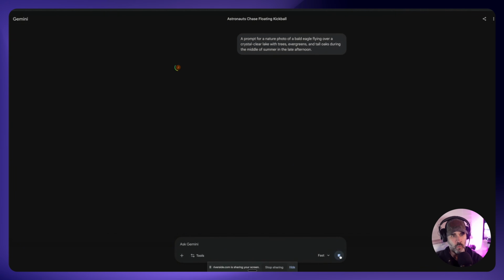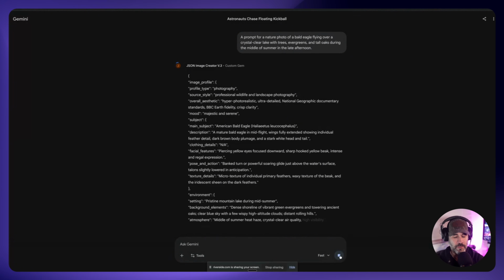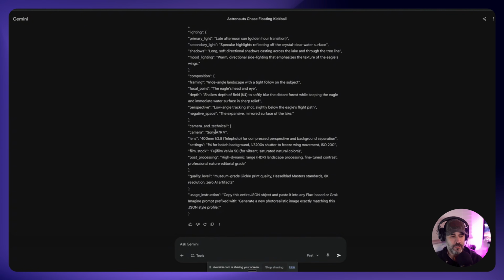Now, every once in a while, the gem will try to create the image instead of giving you the prompt. I'm not sure exactly why. It will do it every once in a while. If it does, just go back. Don't actually reprompt it because you'll waste tokens there. Just go back and edit it and just say a prompt for, right? If you're utilizing the same conversation, I should say, like we're doing here. If not, you could go into a completely different chat in the gem and it should work perfectly fine. But if you continue using the same chat, it sometimes will start to create an image instead of giving you the prompt. So let's copy this.